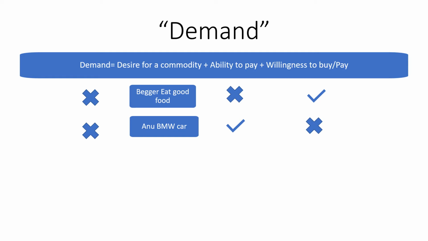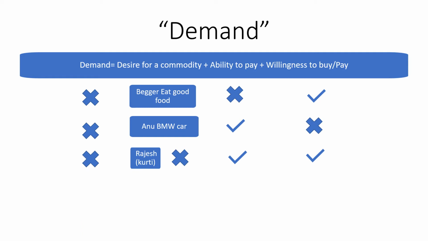Now, let us assume that there is a person called Rajesh who has no desire to buy a kurti. Will Rajesh wear a kurti? He is a boy. How can he wear a kurti? So he doesn't have a desire to buy the commodity, the kurti. Now he has an amount in his pocket, that is, he has the ability to pay, and he is also willing to purchase the product, but he has no desire. Now again, the demand cannot be formed.